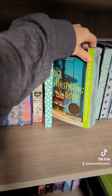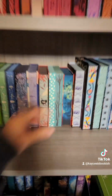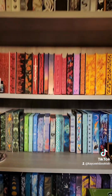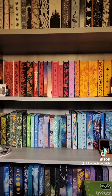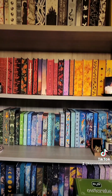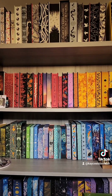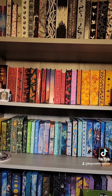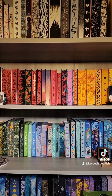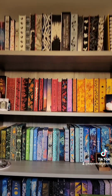So with the rise of more books like this one that's just a Barnes & Noble exclusive, where I can just either walk into a bookstore or order it online at any time and not need a subscription, it kind of brought the question to me of, if the books are not going to be so elusive to me, then why am I fronting all this money? Yes, it won't be a Fairy Loot exclusive. Yeah, it won't be an Illumicrate exclusive, but honestly, at the end of the day, I just want to look